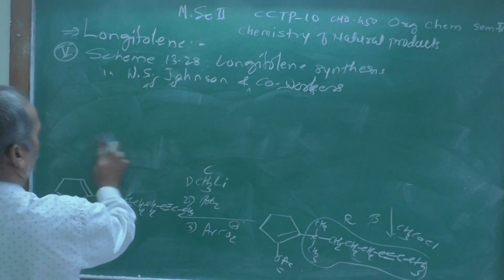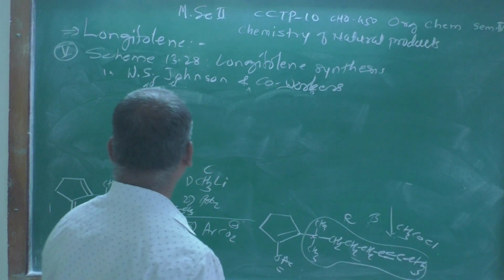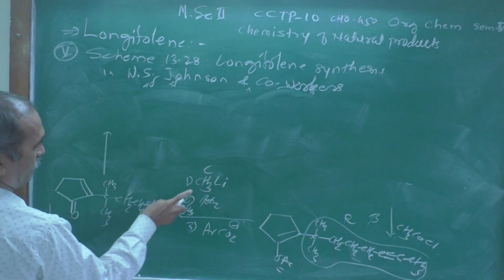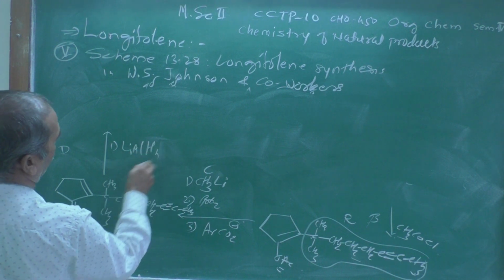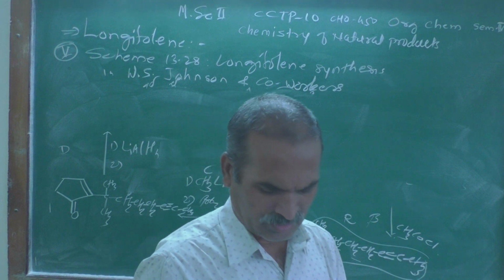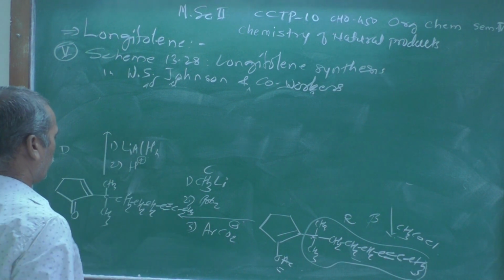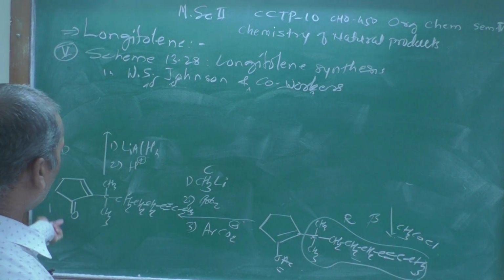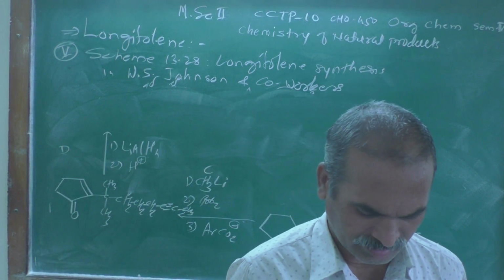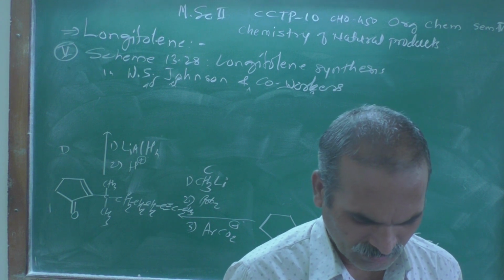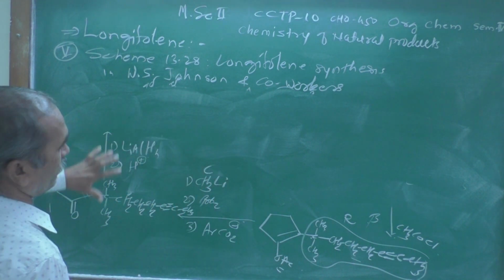Now what do you get over here? Here is C, here is D. Point one, lithium aluminum hydride, and the second one, that is acidic H plus. Here you might be thinking the carbonyl group is going to be reduced, but interestingly, here tricyclic compounds are formed. This is a very interesting